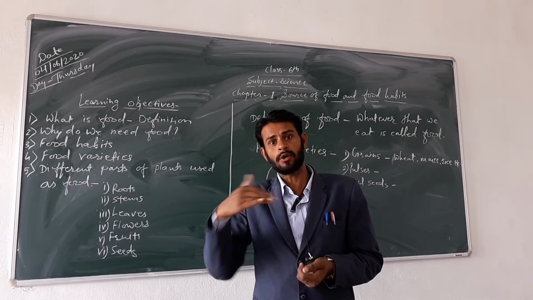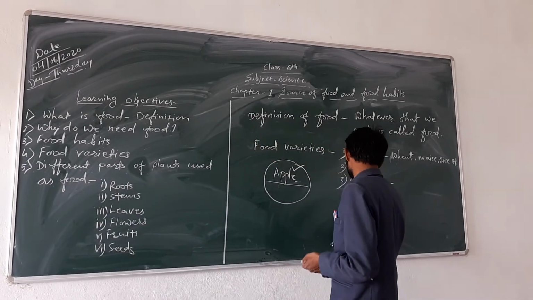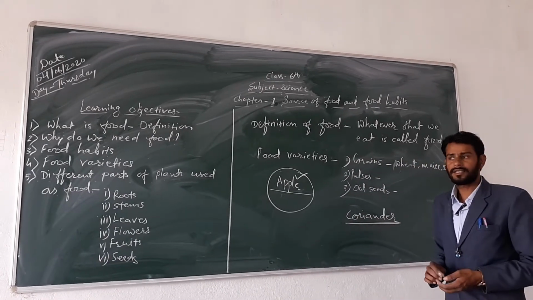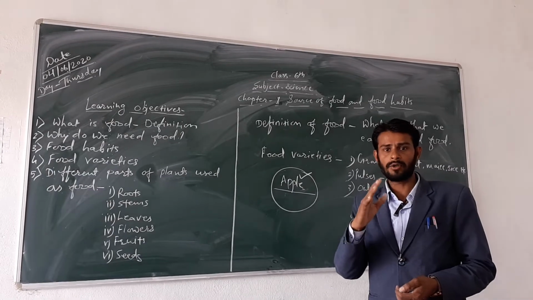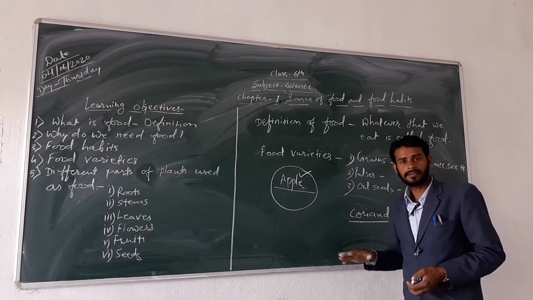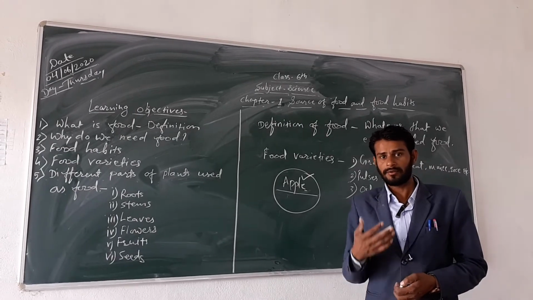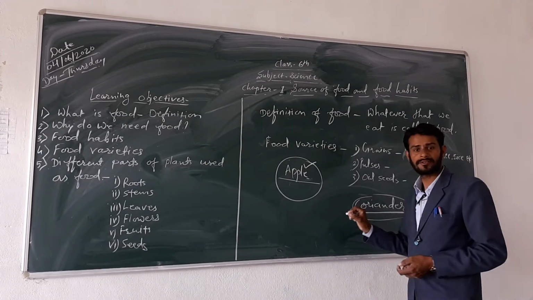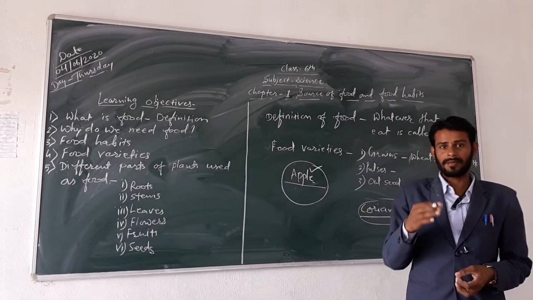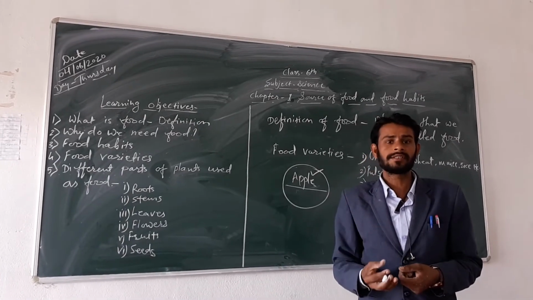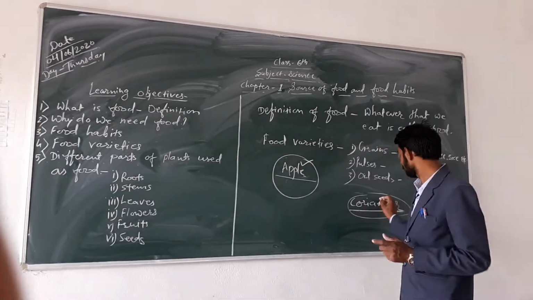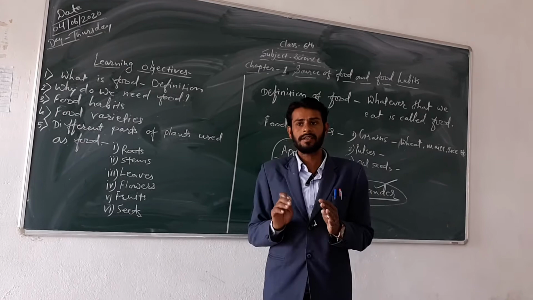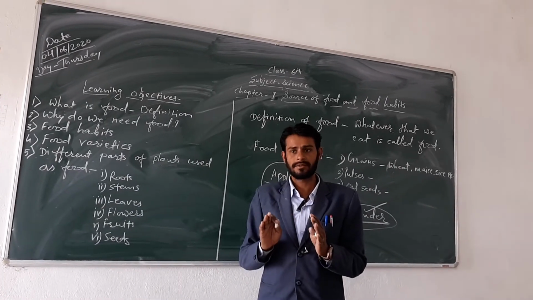parts are eaten as whole. For example, coriander. Students, I think you all know very well about the coriander that enhances the taste of our food. Okay, so coriander, all its parts are used as food. Its roots and stem, its leaves and its fruits, flowers, etc. The whole plant and all its parts are eaten. But all plants' parts are not eaten as food.